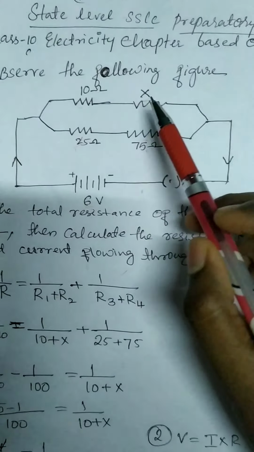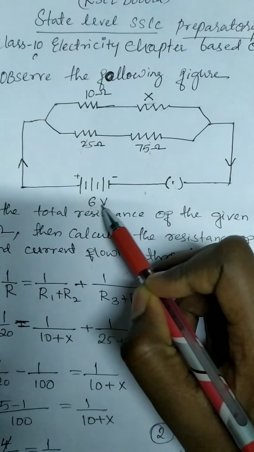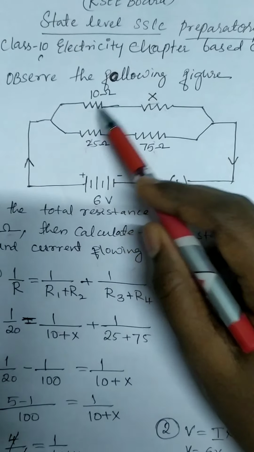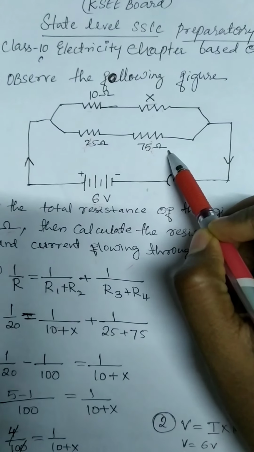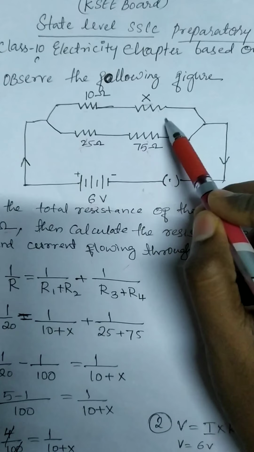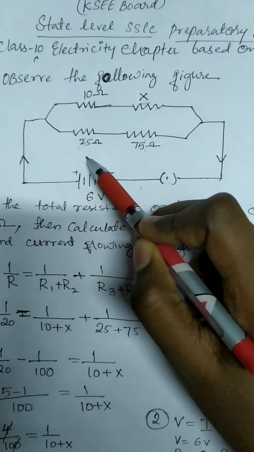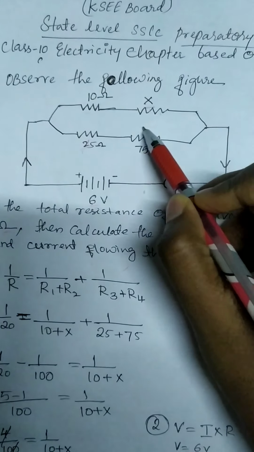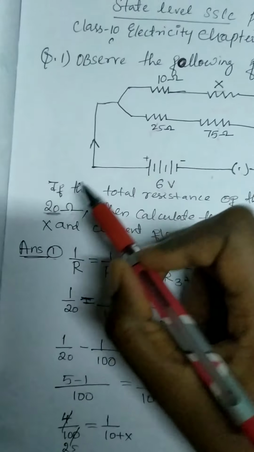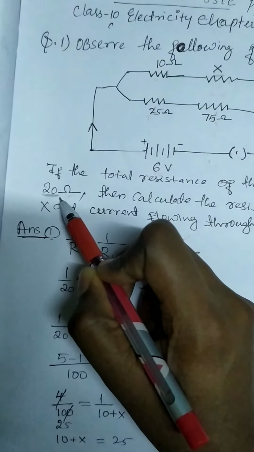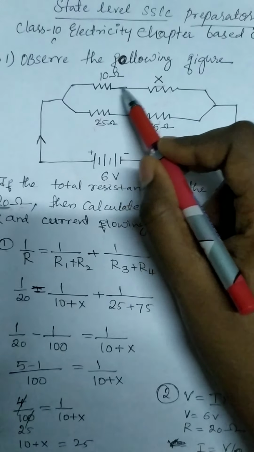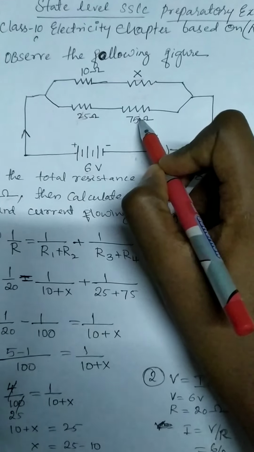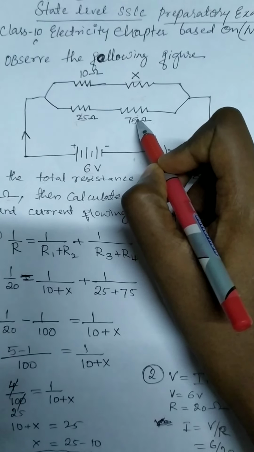The given figure says that there is a battery of 6 volts and there are 4 resistors R1, R2, R3 and R4. R1 is 10 ohms, R2 is X, R3 is 25 and R4 is 75. So we need to find this X where your total resistance is given as 20 ohms. Here, two resistors are connected in series and these two series combinations are connected in parallel, so let's start with